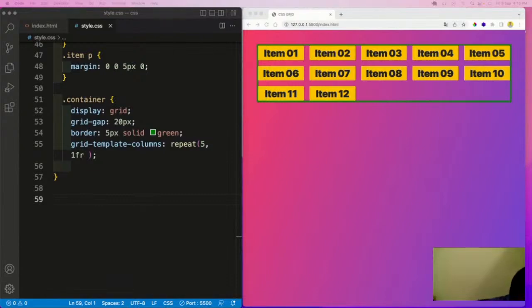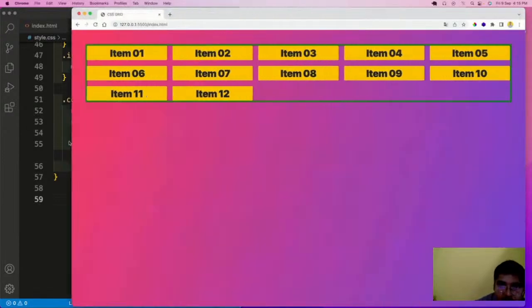Autofill and autofit properties are almost very similar properties, but in autofill you can fit as many items as possible in the row before an item is moved on to the next row. So if you see here,